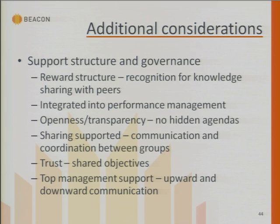Sharing has to be supported. There were some security issues that were, at times, a little draconian, a little heavy-handed, and so there was a lot of issue about what can I really get to, and we had to work through that. You have to be really clear about the limits of that. Trusting shared objectives, and there has to be